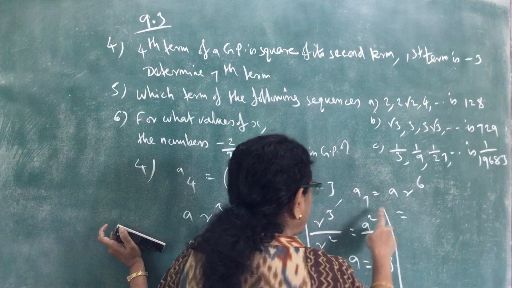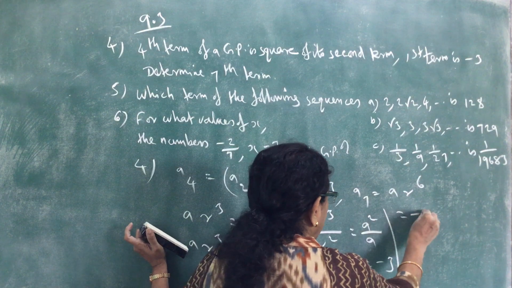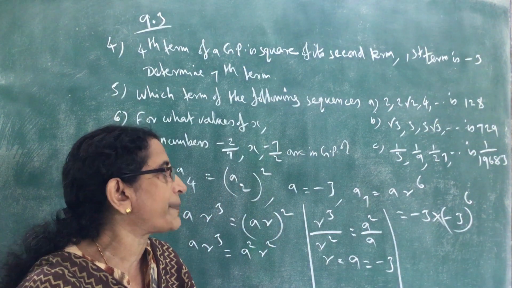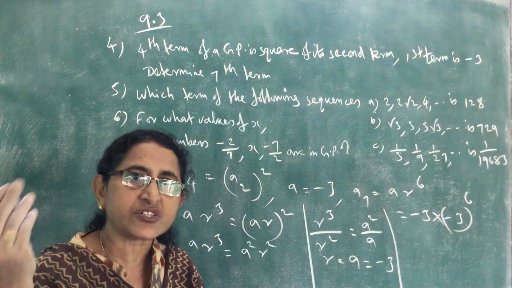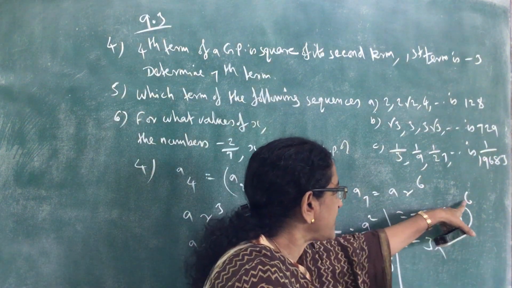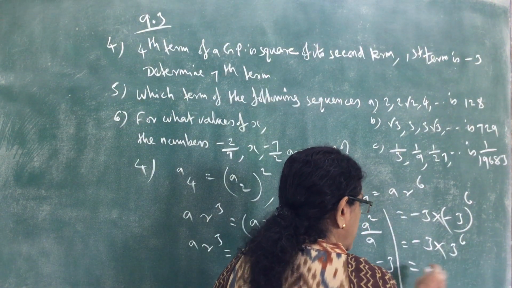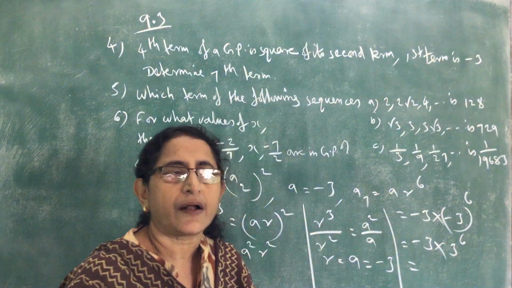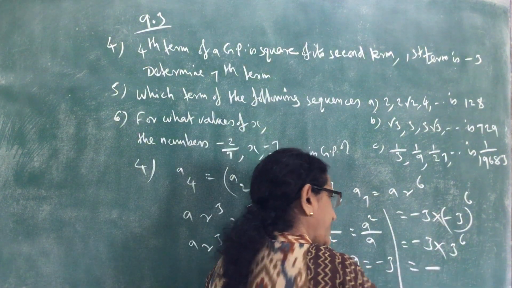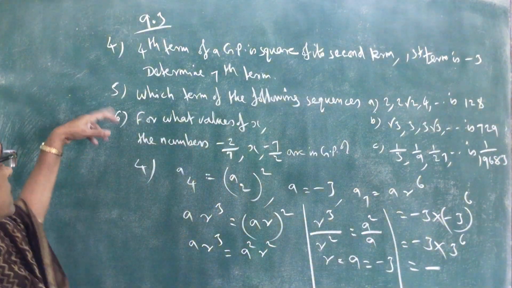Now we can substitute the values. A and R both are equal to negative 3. So A is negative 3, into negative 3 raised to 6. Put the bracket. Don't forget to put the bracket. So first you find minus 3 all raised to 6, then multiply by negative 3. That is negative 3 into negative 3 raised to 6, positive. Then 3 raised to 6: first find 3 raised to 6, then multiply by 3 and multiply by negative. And find the answer. So we get the answer negative, and multiply 3 raised to 6 into 3. Find the answer. That is the fourth one.